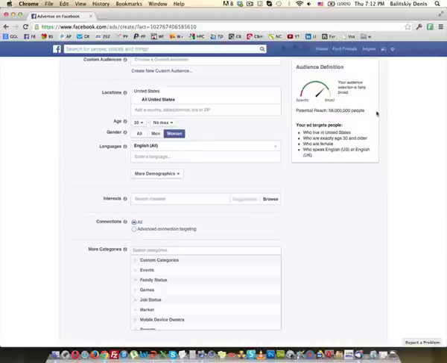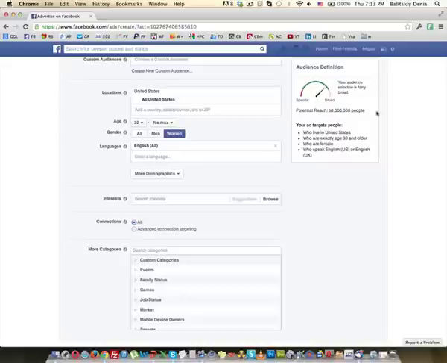Now, here's the insight about this, and I've seen this mistake too many times. If we're talking about the United States, most people would say, well, in the United States they all speak English, so no need to target English in languages. Well, you know what? You're wrong. Not all the people that live in the United States actually speak English. There are a lot of people who speak only Spanish or only Chinese. They have their profiles in Spanish or Chinese or whatever language they speak, and they don't speak English.